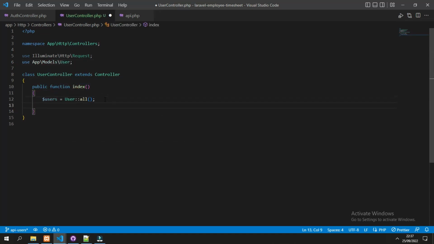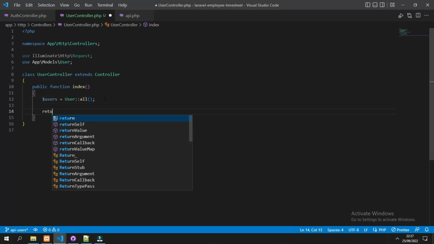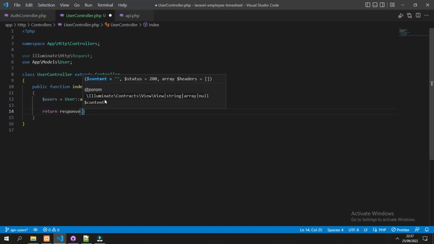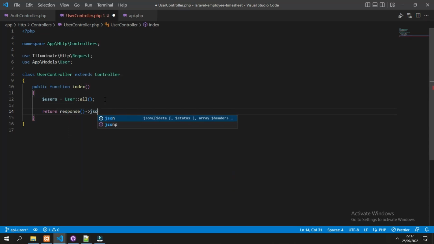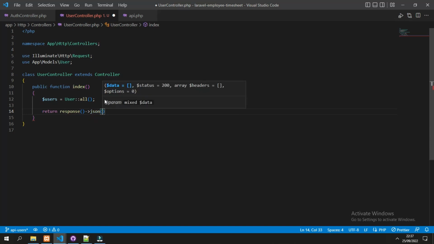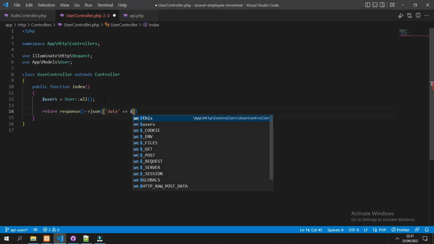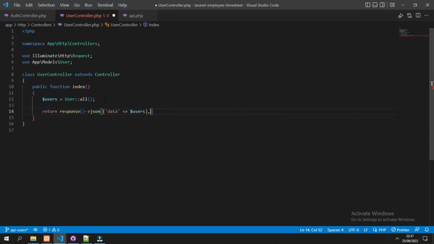After we get all users, then we can return it. Return response JSON, and let's wrap it inside the data users with the status of 200.